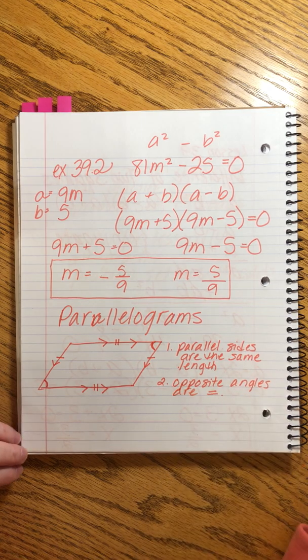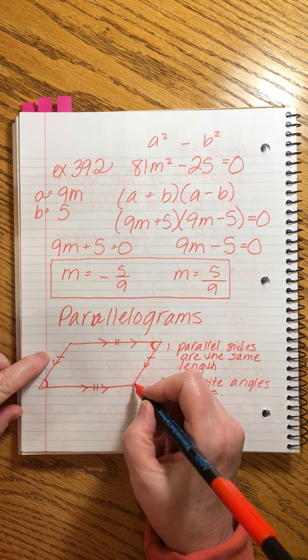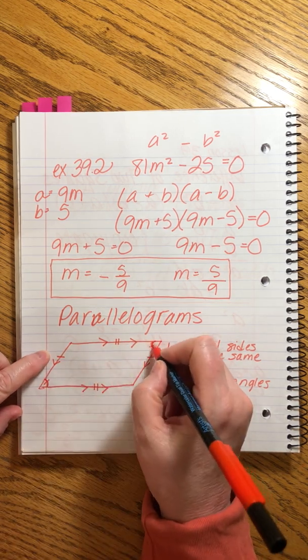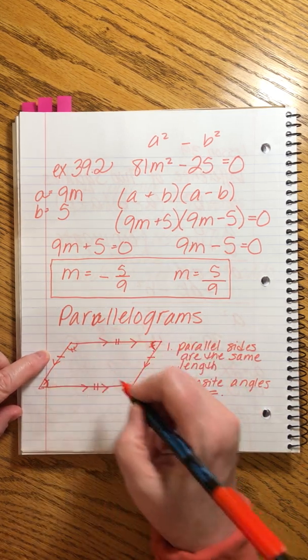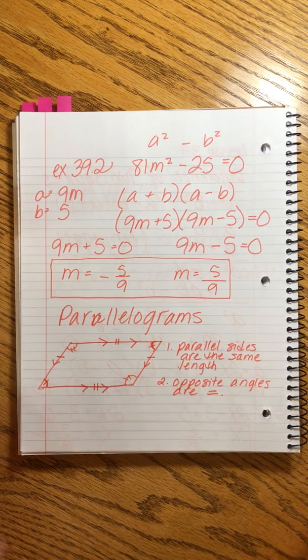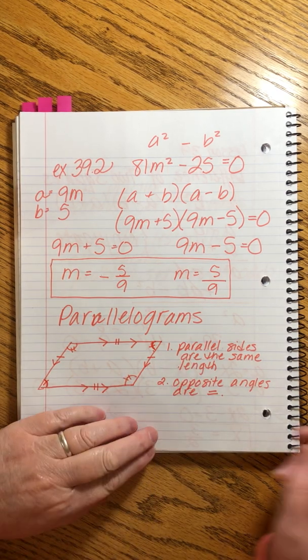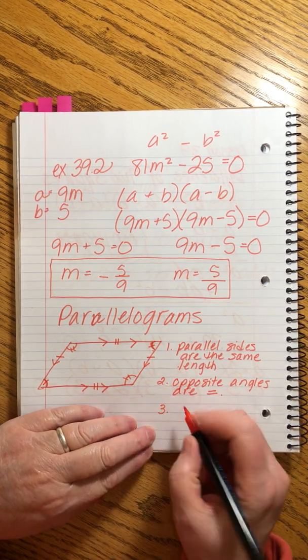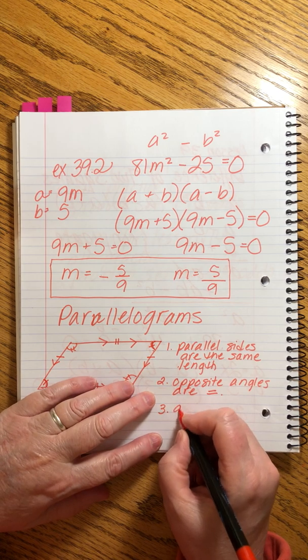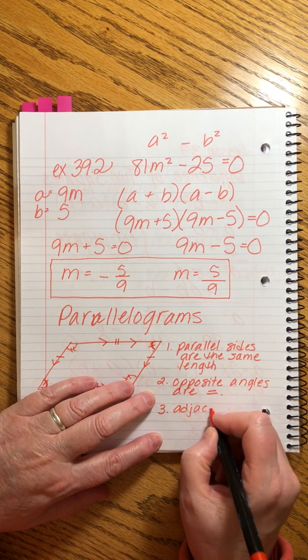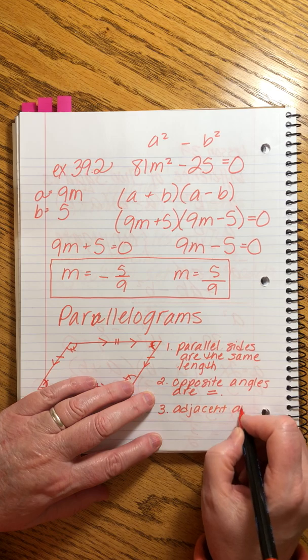Let's just make an equal sign. Okay, so these 2 guys are the same. And these 2 guys are the same. Let's put markers on them. Those are the same. And these are the same. Okay? The third rule is that adjacent angles